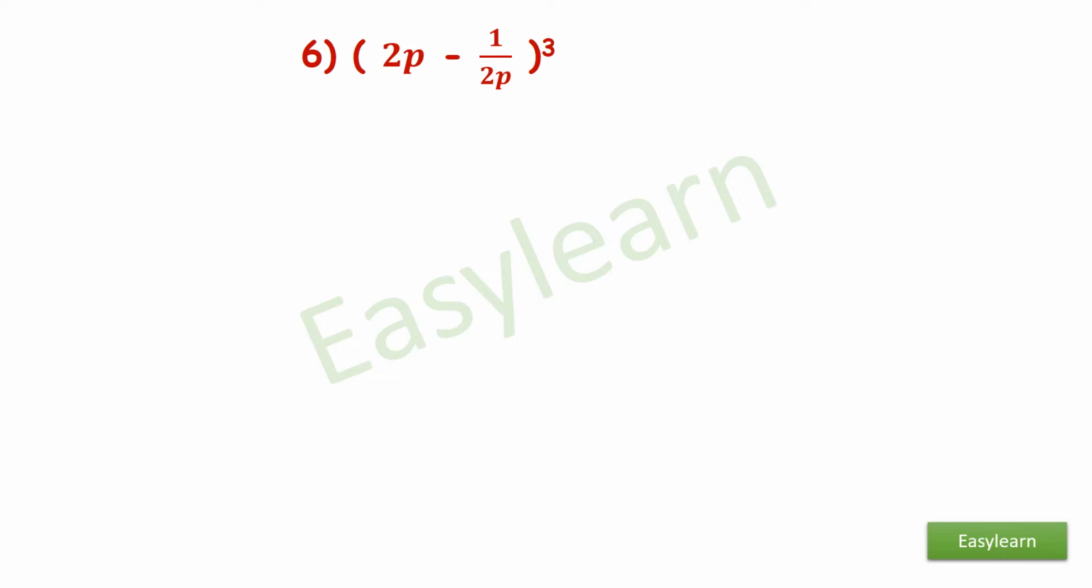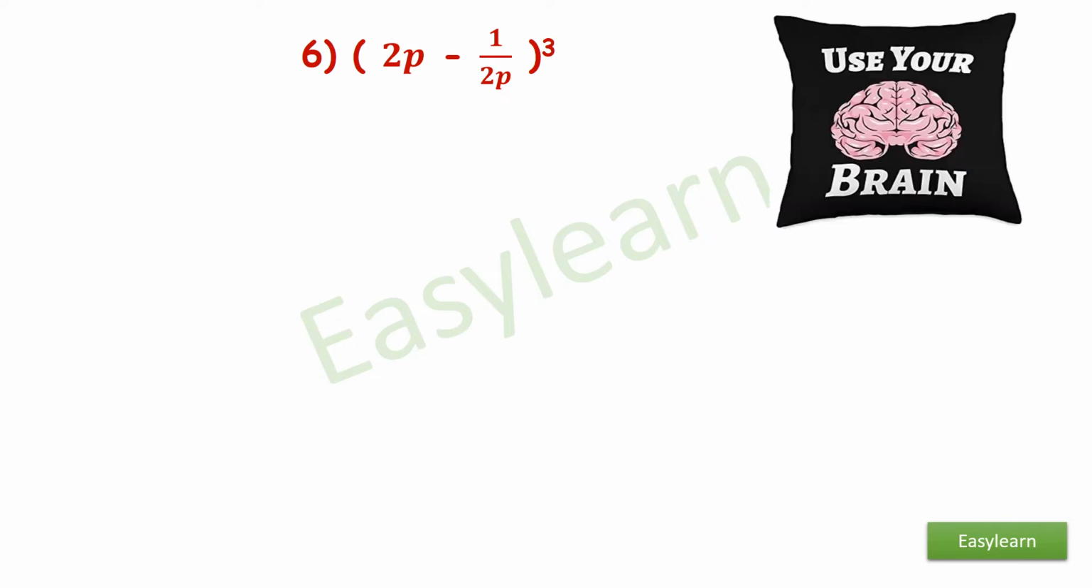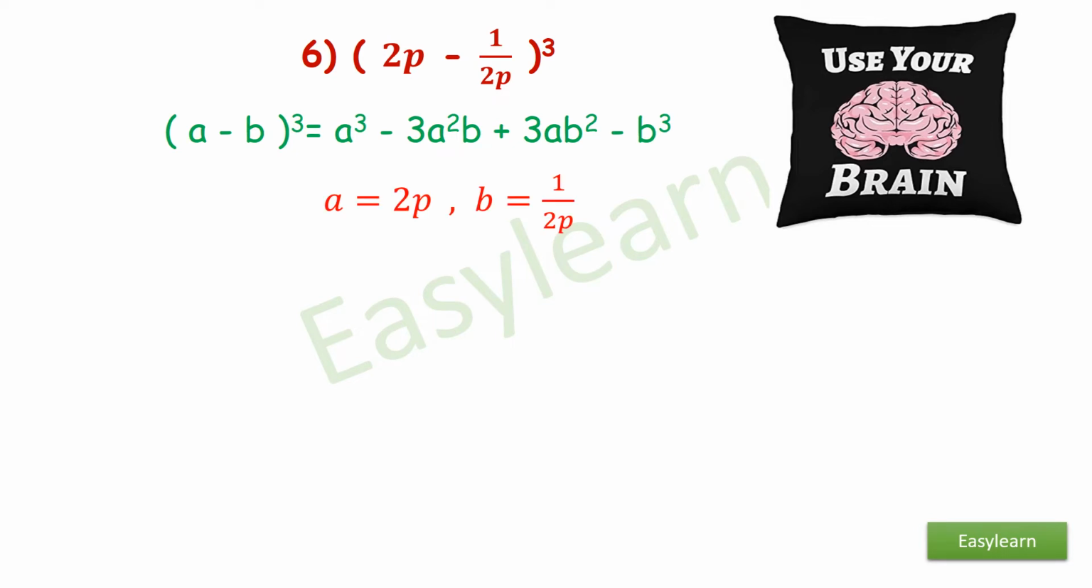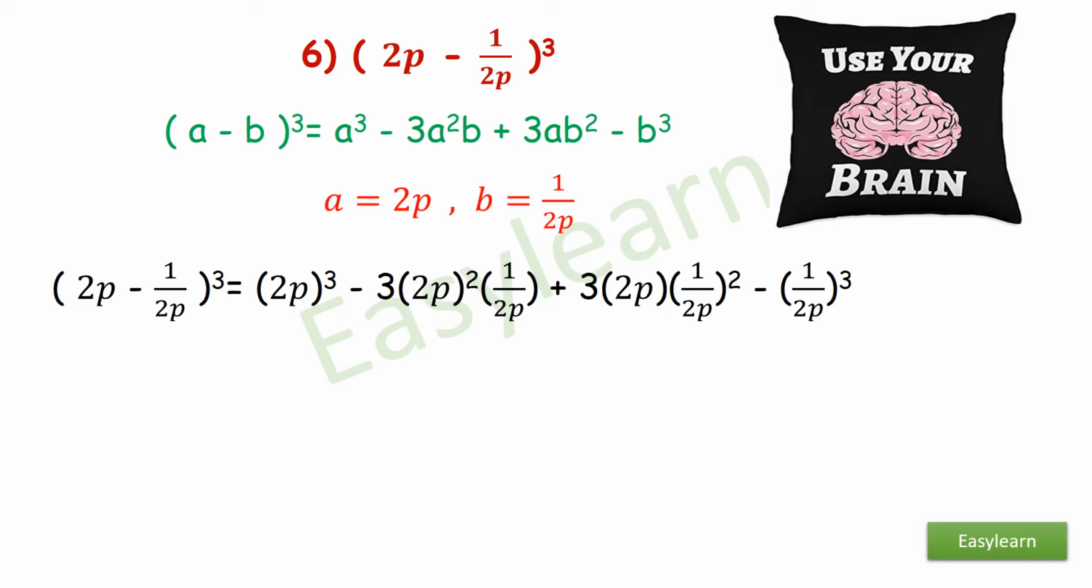Sixth sum, 2p minus 1 upon 2p the whole cube. Formula, value of a is 2p, value of b is 1 upon 2p. So substituting the values, we get 2p minus 1 upon 2p the whole cube is equal to 2p the whole cube minus 3 into 2p square into 1 upon 2p plus 3 into 2p into 1 upon 2p the whole square minus 1 upon 2p the